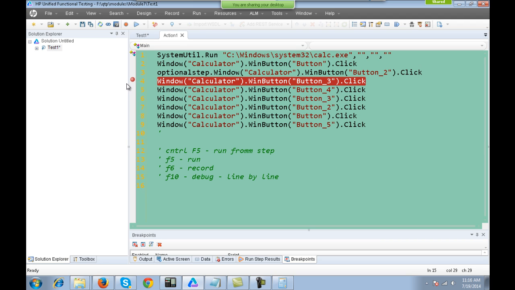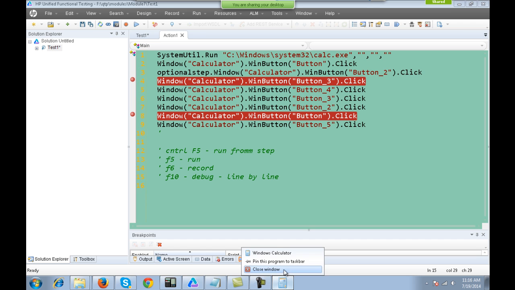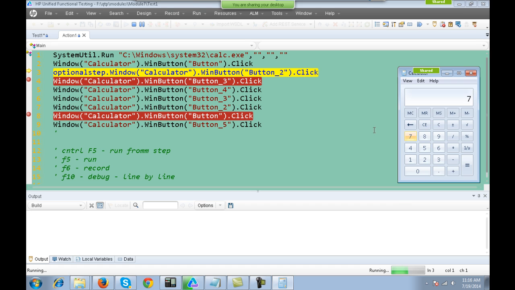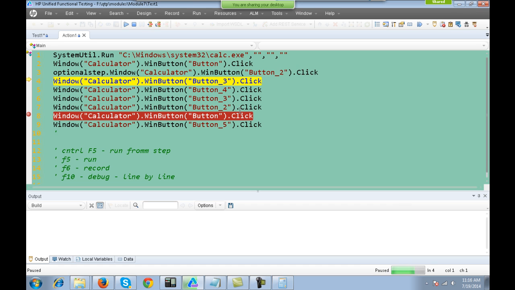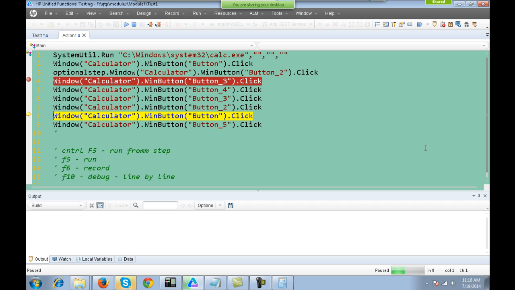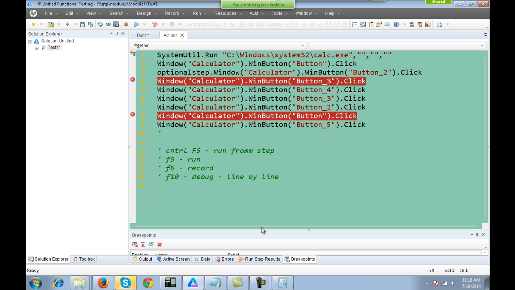right? And this point which we had created is known as a breakpoint. You can create multiple breakpoints, right? Suppose I create one breakpoint over here and one breakpoint over here. Now if I run my script, the script will stop on the first breakpoint. And if you hit F5, F5 is to run the script, it will start again normally and it will stop on the next breakpoint. So in your scripts at times you feel the need of putting multiple breakpoints as well.